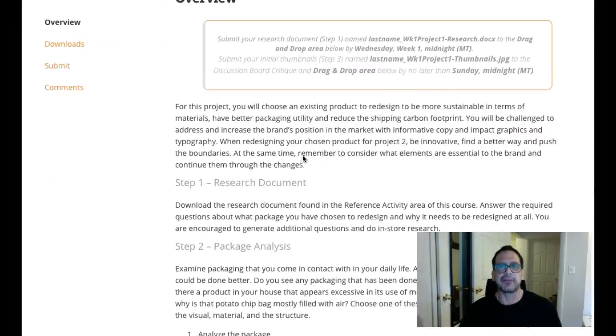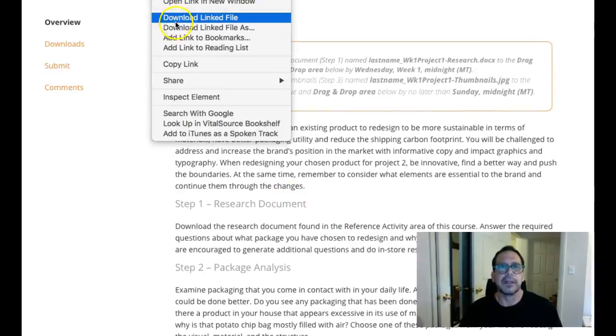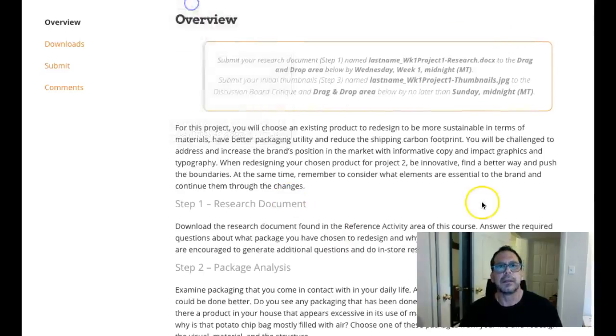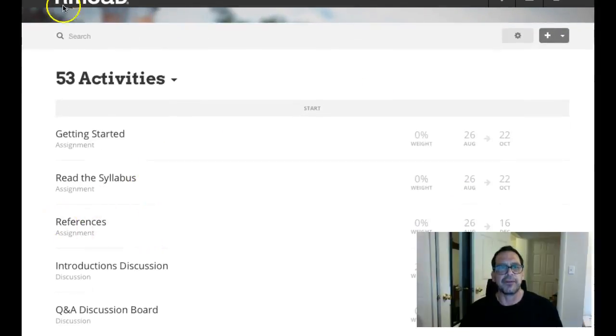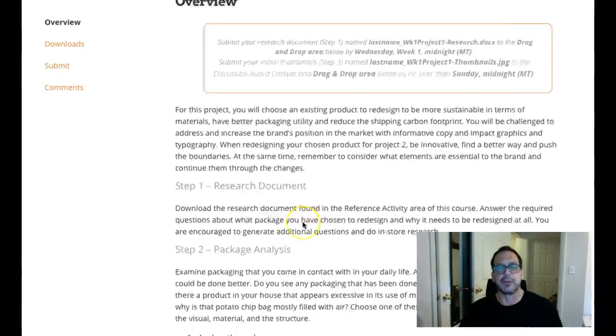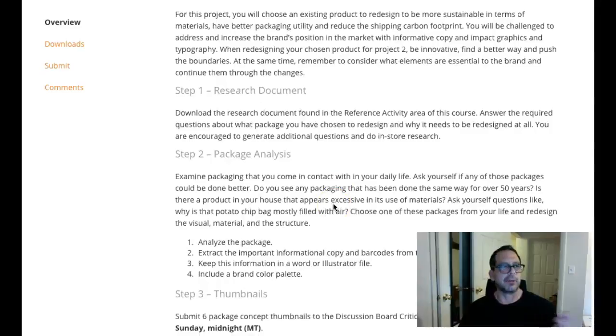project, the assignment, asks you to fill out the research document, and that can be found over in the. Let's jump over here. Sorry about that. The research document is right over here in the references area. If you open that up, you'll see there's a series of questions in there that you should answer. And I think those should be approached